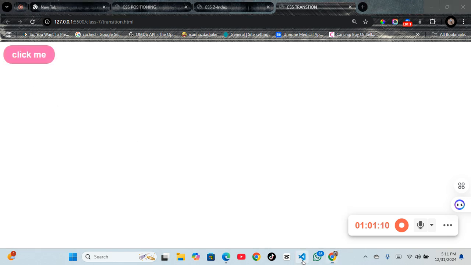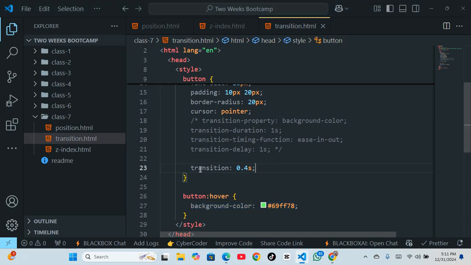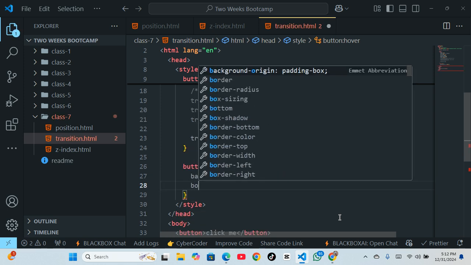Good. Fantastic. So we just say transition is 0.4 seconds. Whatever property that you set for the over state of the button, that is what is going to transition. So if you have more than one property there, it's going to transition all. You get that? If you have more than one property for the over state of the button, it's going to transition all the properties. But if you only want to transition, okay, let's say for example, I give this a border now,